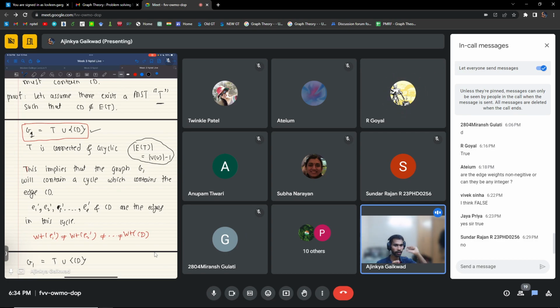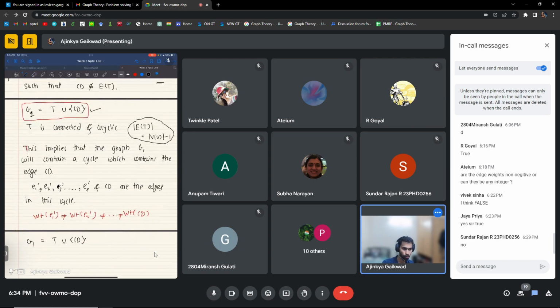and then you added an edge CD, right? So there was a path from C to D in my tree T, and then you add one edge CD. That means there is a cycle. So this is an edge CD, and then there is E1 prime, E2 prime, EL prime like this. Now what I'm saying is, let's say I took G1, which is my tree T union CD, and I'm constructing another tree. Let me call it T prime, which is T union CD